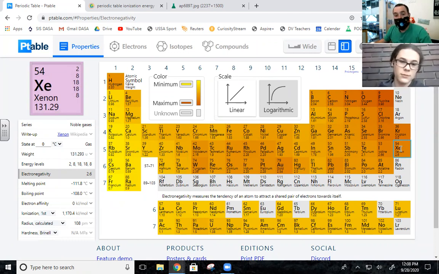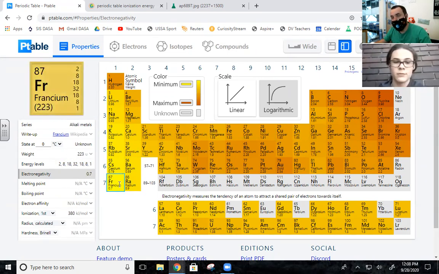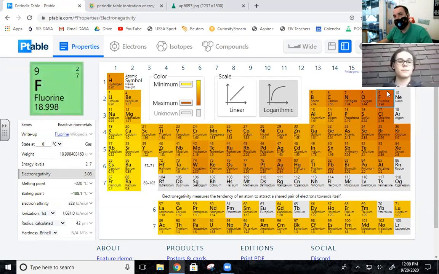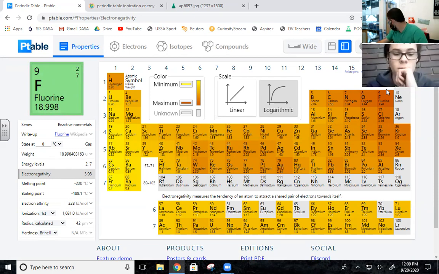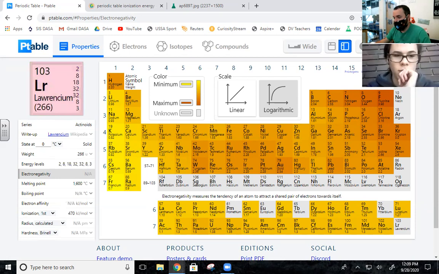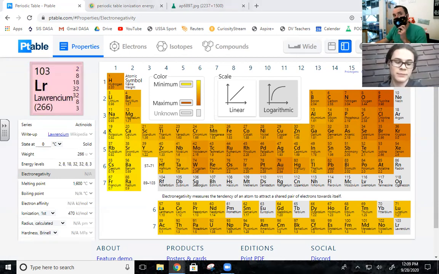Anyway, so that's electronegativity, okay? Francium wants to give away its valence electron so bad. It just wants to be gone. And fluorine really wants an extra electron. Okay, that's electronegativity. Questions on electronegativity? No. Okay, final thing that we need to talk about,